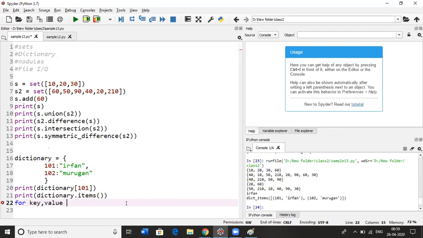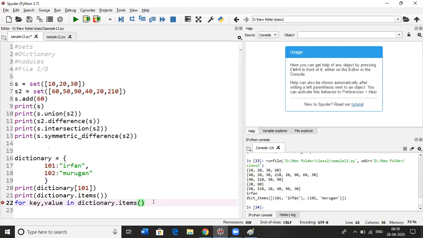And in, we need to use this function. It will give you a list. If you loop through the list, it will give you one tuple first, and in that tuple we are going to separate key and value. That's it.